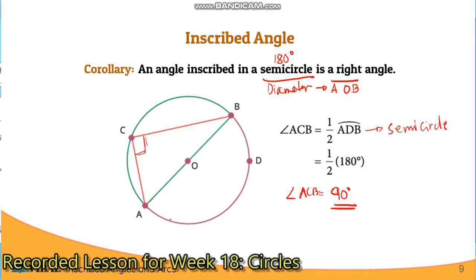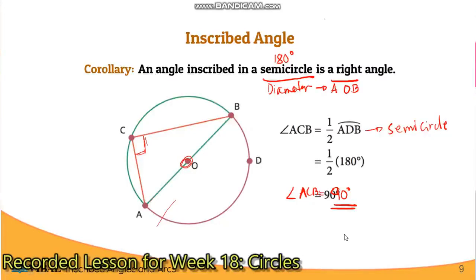Ano pang isang palatandaan doon? Nagfo-fall yung ating diameter sa center. Siyempre, diameter na. So, nagfo-fall siya sa center. So, that's one condition for inscribed angle. Anong pinaka-mother theorem nito? Yung theorem ng inscribed angle. Half the measure of the central angle or the arc or the intercepted arc. Okay? Let's move on. Move on tayo para masaya.